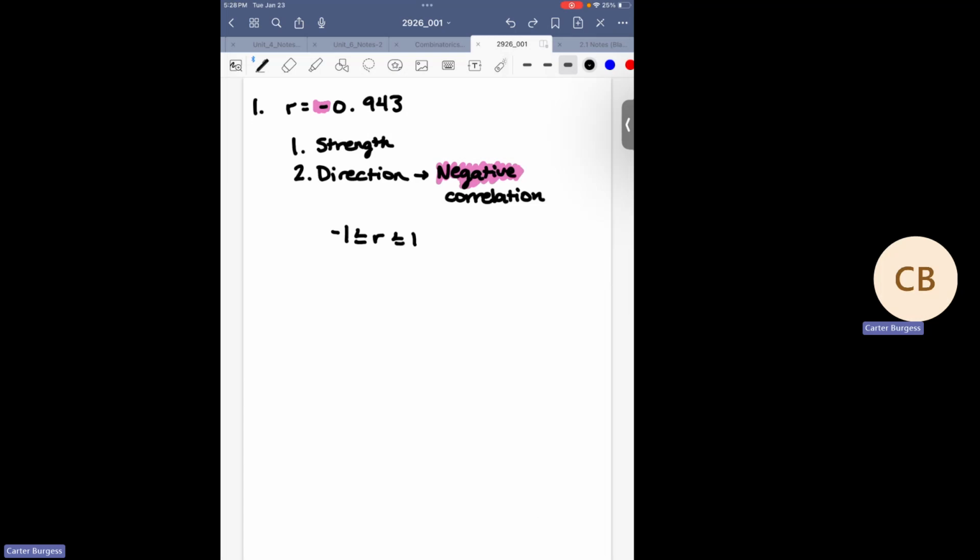So we want to be close to -1 or 1, or rather, we want the absolute value of R to be close to 1. Just so we don't have to worry about whether we are talking about a negative correlation or a positive correlation, it's nice to just take the absolute value, take the positive or negative out of the equation. And when we do that, we are comparing 0.943, which is very close, I would say,